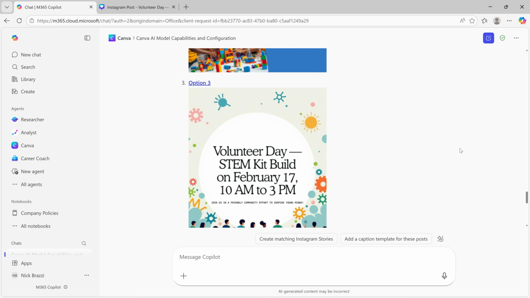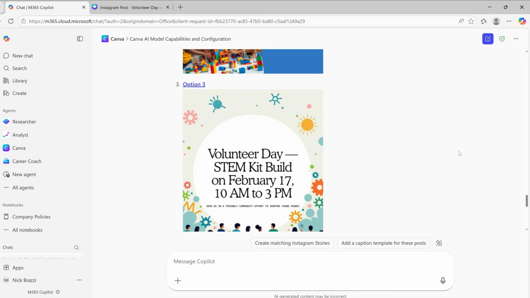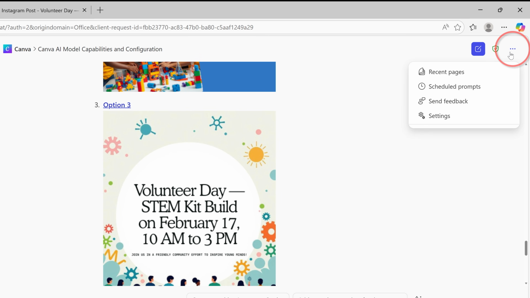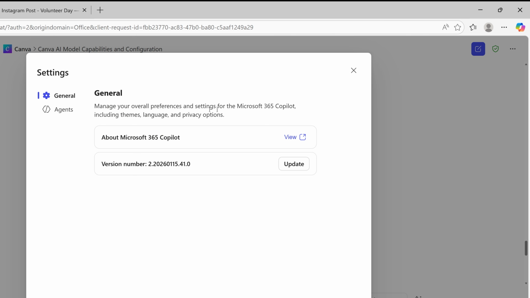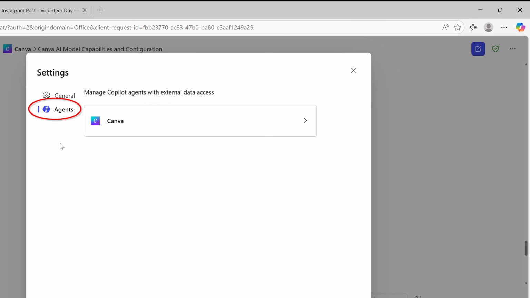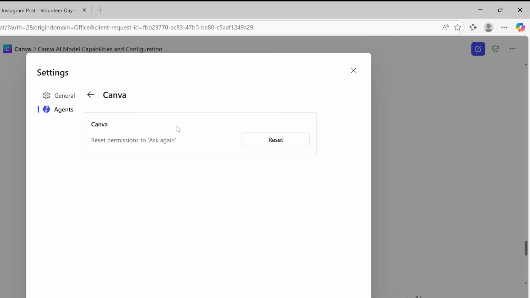Going back to Copilot, let's consider privacy and security. At some point, you may want to remove the permission for Copilot to access this agent or app. Click the button with 3 dots near the top right and go to Settings. Then go to the subcategory for Agents. And I can see here that I have connected Copilot to the Canva app. I can click on that and there's an option to reset, which will remove the permission for Copilot to connect to Canva. If I try to use the agent again, it will ask me to grant that permission again, which